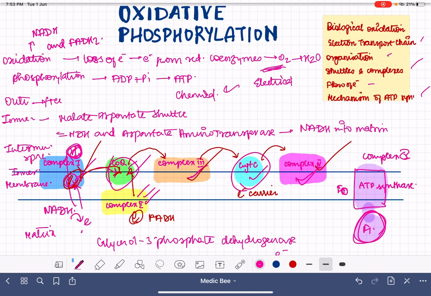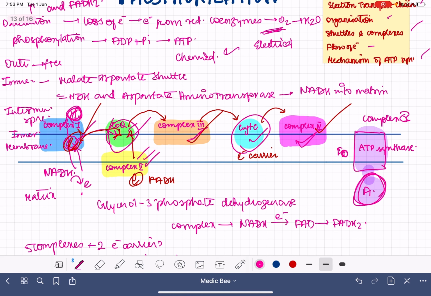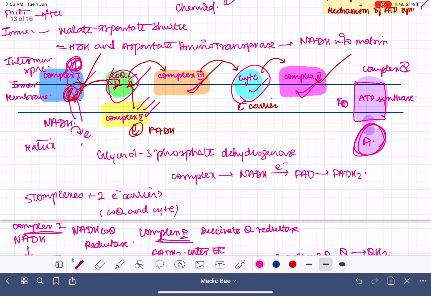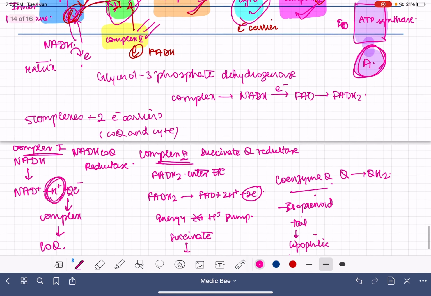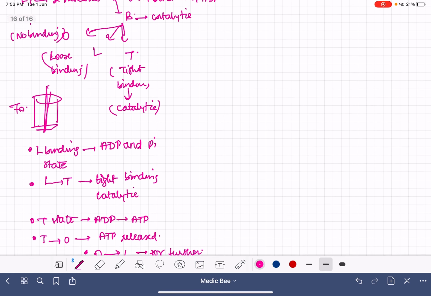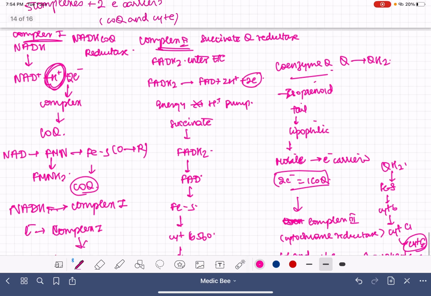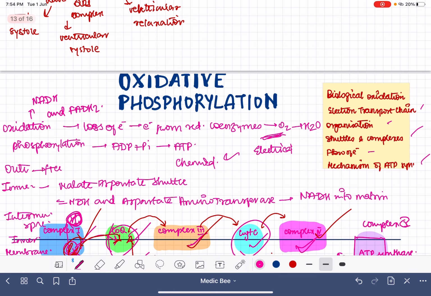On the other hand, on the way there is pumping of protons when energy is released. When the complexes take up the electrons, they get activated, and protons are pumped to the intermembrane space. At this stage there is a huge accumulation of protons in that space, and this accumulation is relieved by the protons traversing back to the matrix through ATP synthase. This process creates energy, and that energy is used to produce ATP from ADP. So the end product of oxidative phosphorylation is the production of ATP.